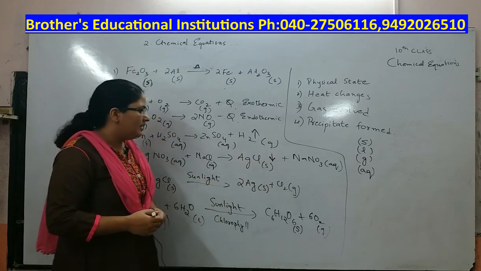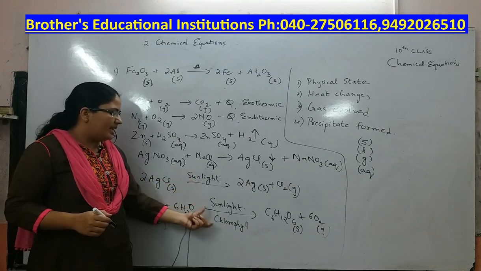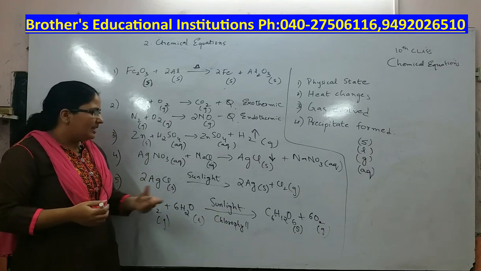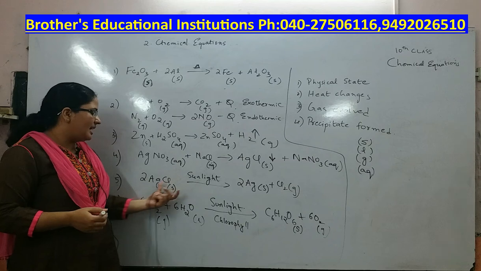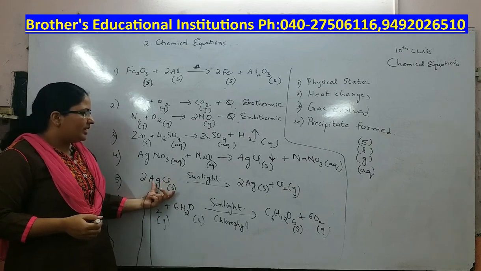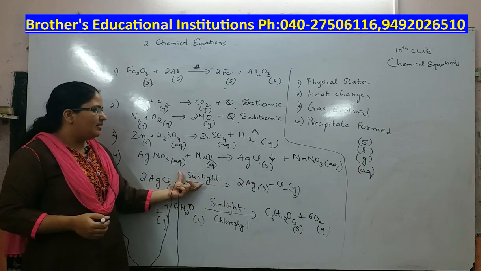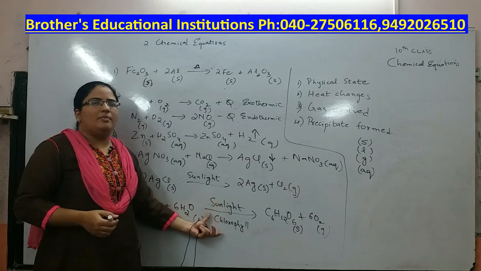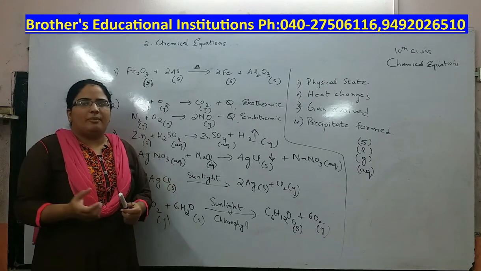Then suppose you are providing any other conditions, like sunlight, or taking any new material, or adding any catalyst, or providing any temperature or pressure. That can be indicated above or below the arrow mark like this. So in this reaction, for AgCl to split into Ag and Cl2, we are providing sunlight. So this can be represented above the arrow, and any other conditions can be represented above or below the arrow like this. Okay, this is how we make the chemical equation more informative.